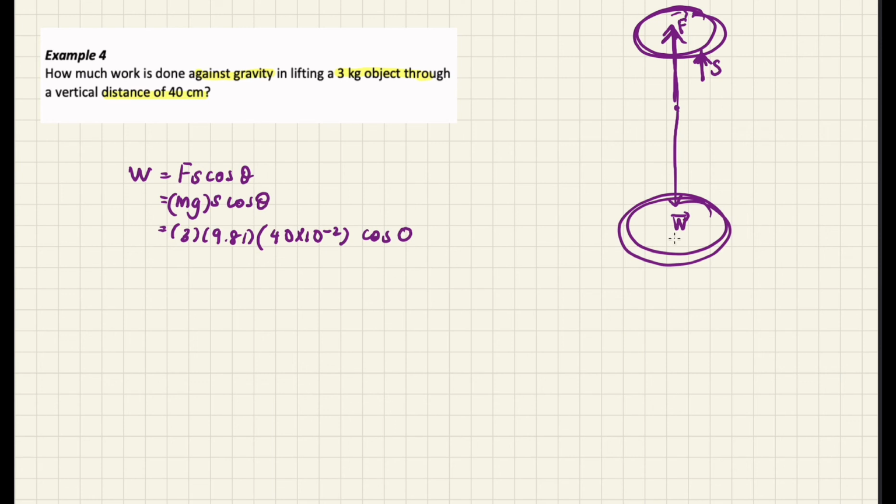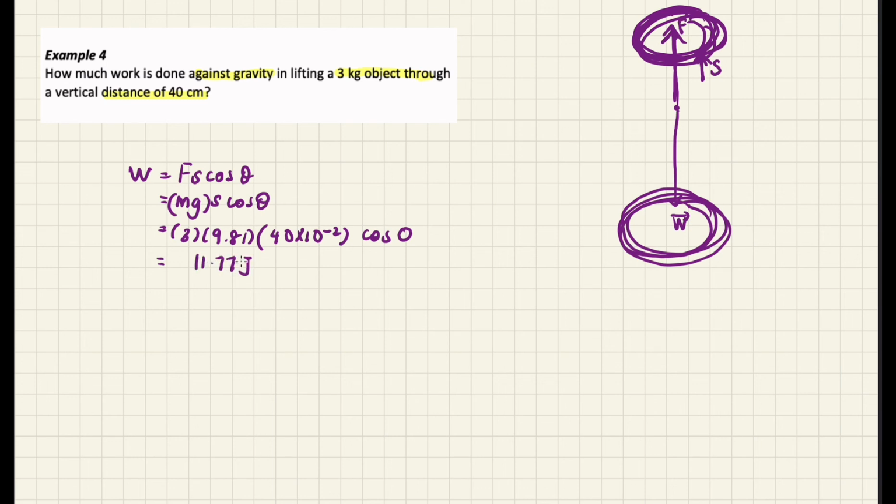Again, don't take the angle between the weight and the displacement, no, because now the force applied is this force. Kita nak cari how much force should we apply here to work against gravity. So the force applied should be equal to the weight, then we can lift the object. So when you press your calculator, kita akan dapat 11.77